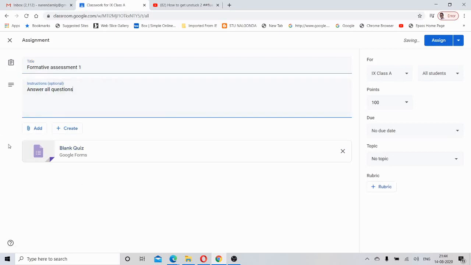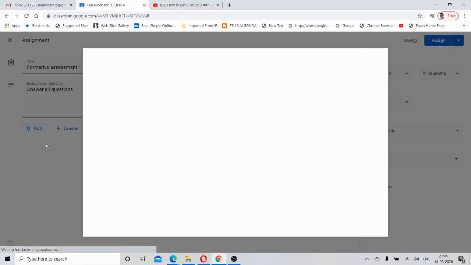Okay, now already there is a blank quiz, but I don't want to use this. If you want to use this, you can click on this and you can set the question paper here, but I don't want this, so I am deleting this and going to Google Drive.